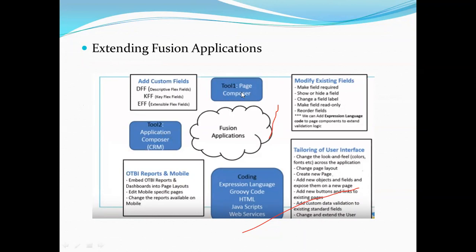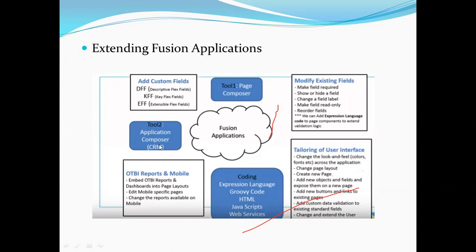By using Page Composer, you can add custom fields and you can modify existing fields, like make a field required, show or hide a field, change a field label, make a field read only, or reorder fields like that. And with Application Composer, you can change the look and feel of the application, change the page layout, add buttons and perform validations. And you can call web services and REST APIs from your standard pages and all.